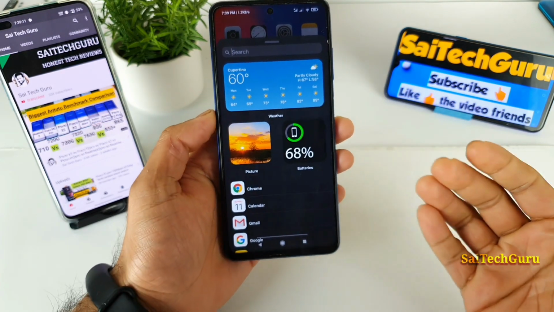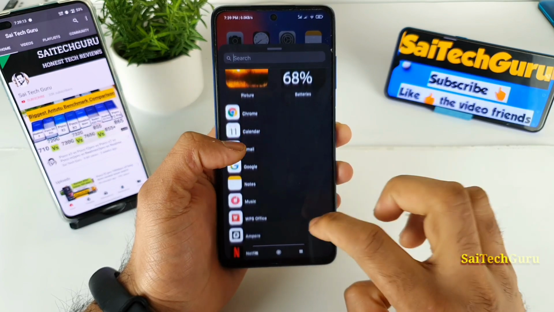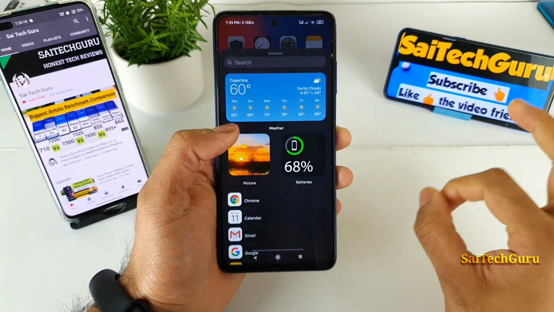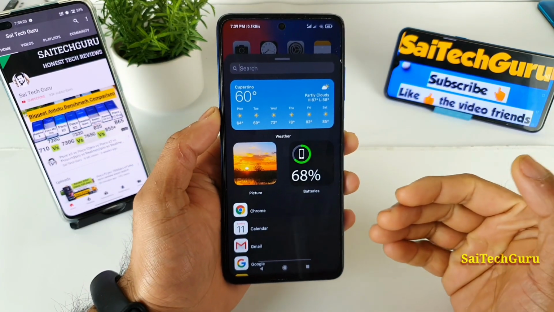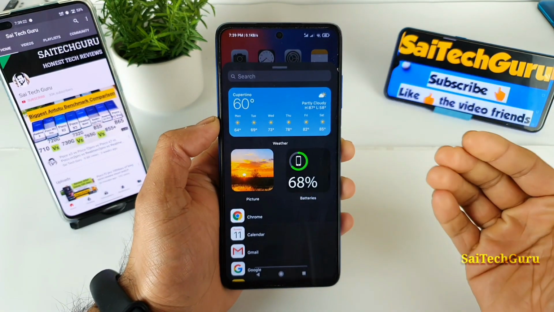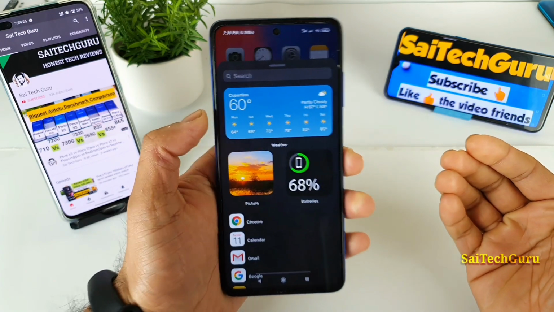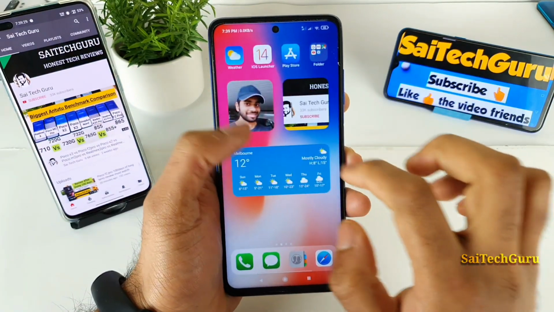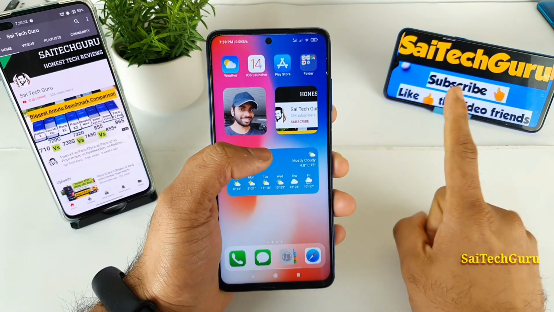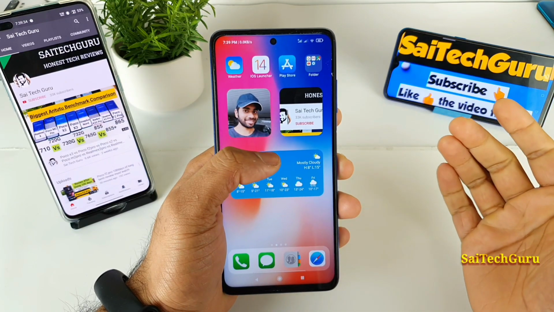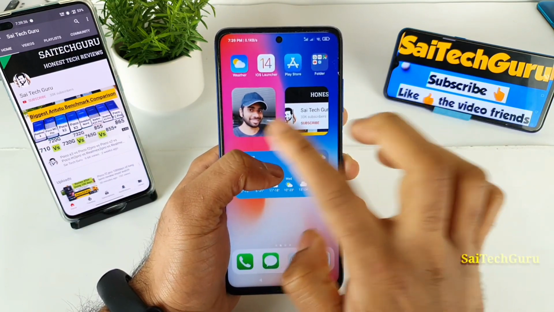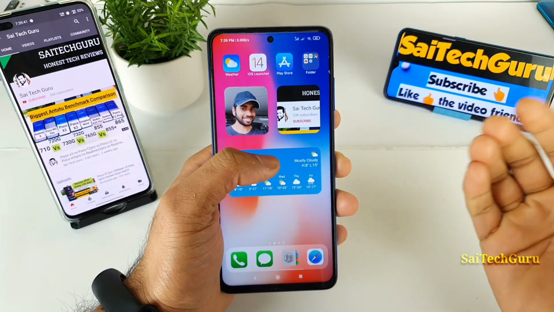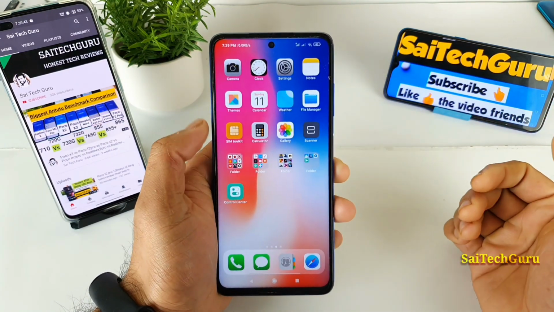Every time I want to add any widget, I can directly select that application and then select the type of widget I want, and the size as well. That's a very good, neat feature. Not only that, you get 3 additional extra widgets with the iOS launcher. First is a weather widget, next is a picture widget. In the picture widget you can add pictures, as you can see, friends. You can add only one picture at a time, so what I did was add 2 pictures side by side. In this way you can add 3 or 4 pictures as well. That's a very good advantage of these inbuilt widgets.